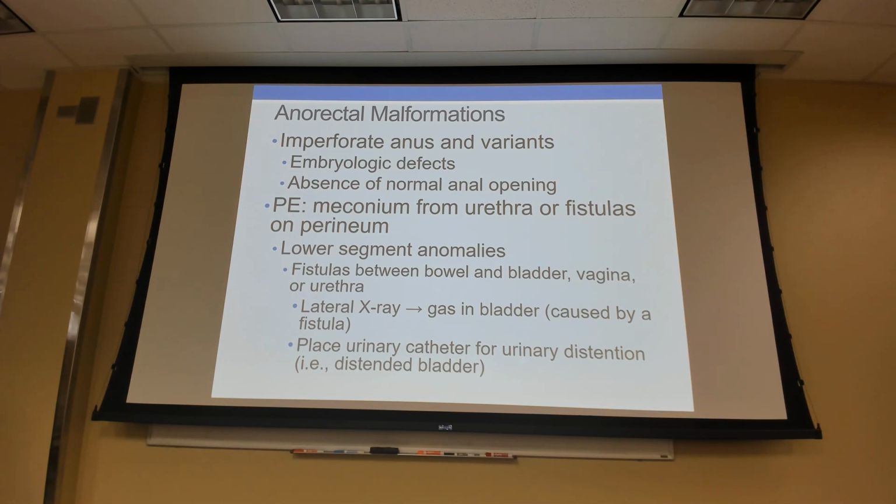So we got out of peds residency. My friend from residency, she goes over to Japan. She's ready to be on her own. Her first day on her own, first baby born in Japan. First baby comes out, flips it over, no anus, imperforate anus. So she was like, okay, well this is for real, and we're gonna figure out how to get this child